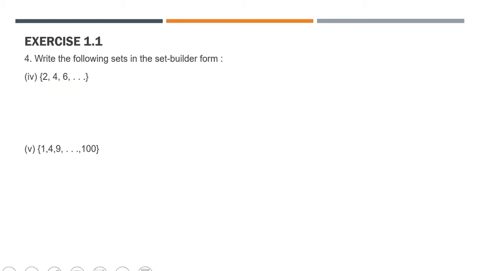Next one, it is 2, 4, 6 up to infinity. So here it is given dot dot dot, which means it extends up to infinity. Here 2, 4, 6 means it is all even natural numbers. So this is equal to the set of all x such that